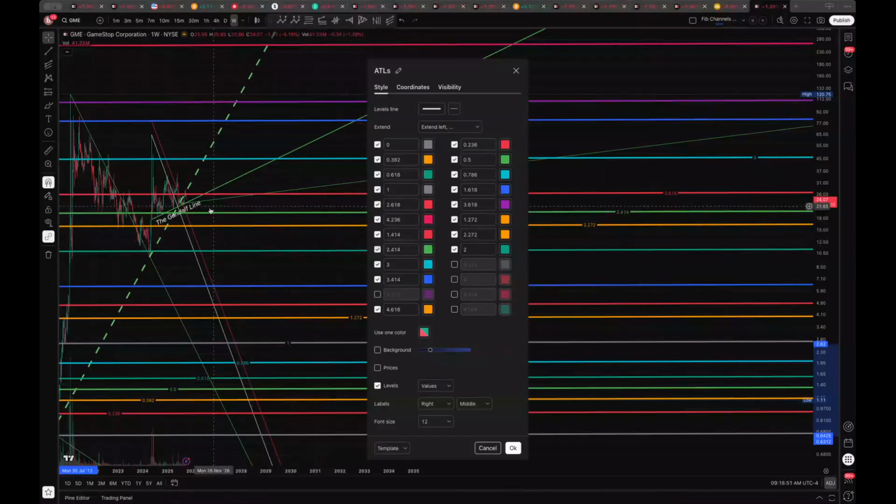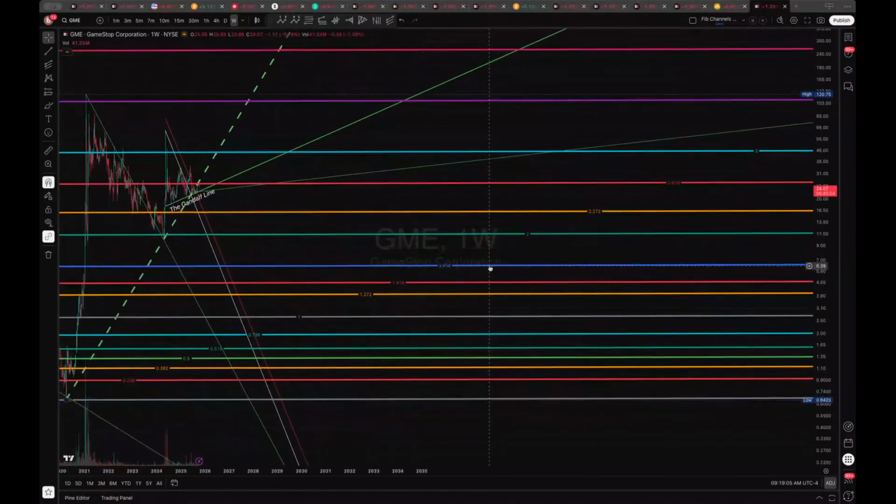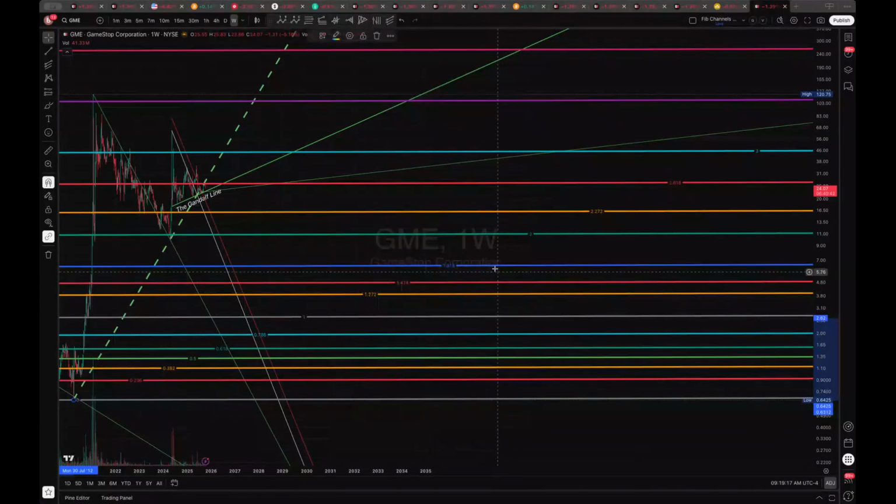Yeah, and the 2.414 was about where the Gandalf line was formed. So just some kind of interesting things here, because you have some sort of default Fibonacci levels that show up, and then you can choose to add some of your own. You can even customize these numbers if you want. You don't have to use the ones that are suggested. It's all math, but